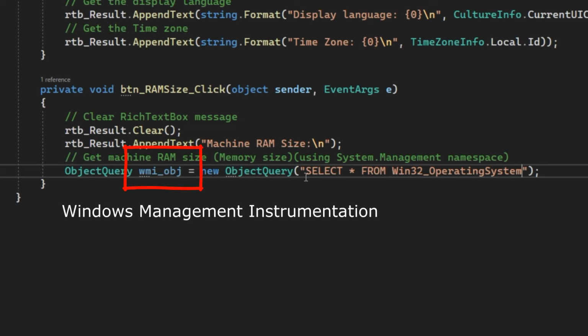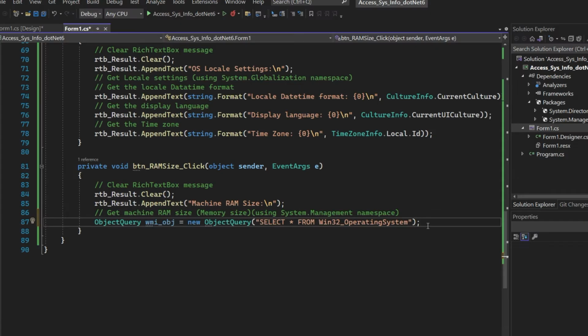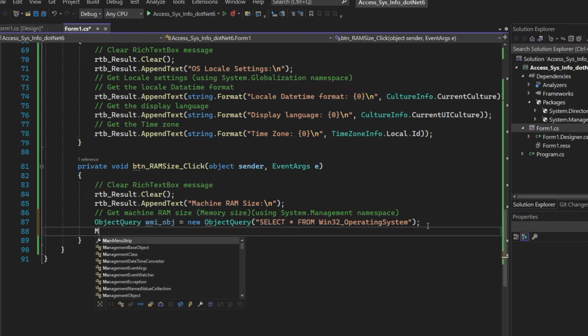WMI stands for Windows Management Instrumentation, because the system.management namespace is actually a rich set of management information and management events of the Windows Management Instrumentation infrastructure. You can check on this page for more detail. Okay, let's continue. Declare a new object.